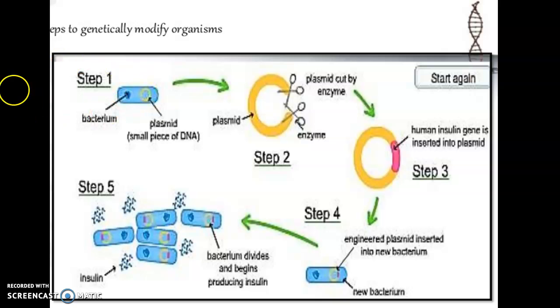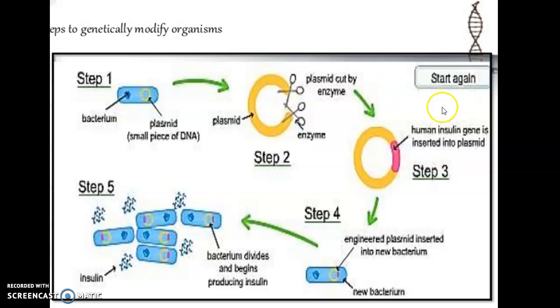The first important step is isolation of plasmid DNA from the host bacteria, meaning the bacteria in which the plasmids are naturally present. We have to isolate them. What is a plasmid? A plasmid is double-stranded, circular, extra-chromosomal, self-replicating genetic material present in bacteria. It is different from the genetic material of the bacterium. It is independent. We isolate such plasmid DNA from bacteria.